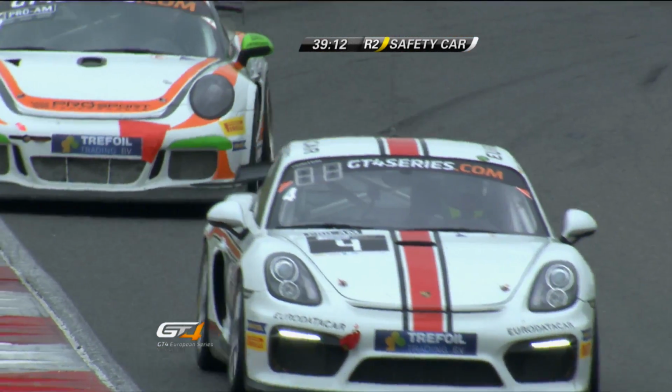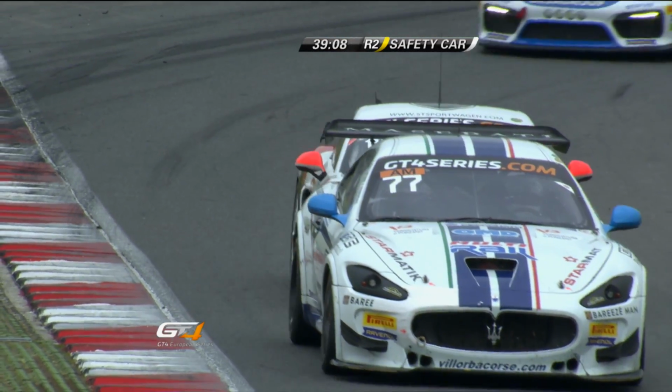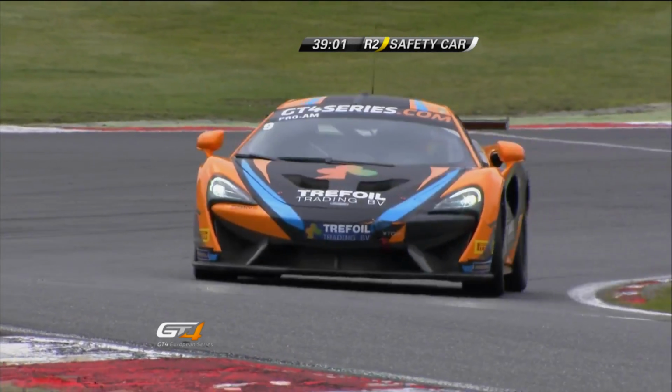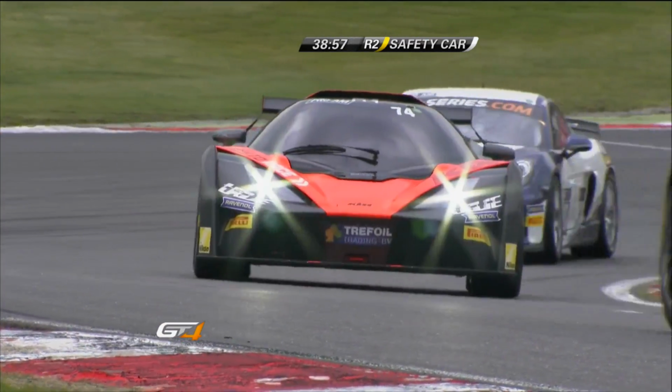100 Ginetta has been scrubbed down to nothing. Don't forget, in the first 1 hour race that happened on 3 occasions, so we're nearly at the 1/3 distance point of the race. In fact, we just passed it, and the lead on our timing screens is 0.398 of a second. They're waiting for the safety car to withdraw, but they've got to recover those